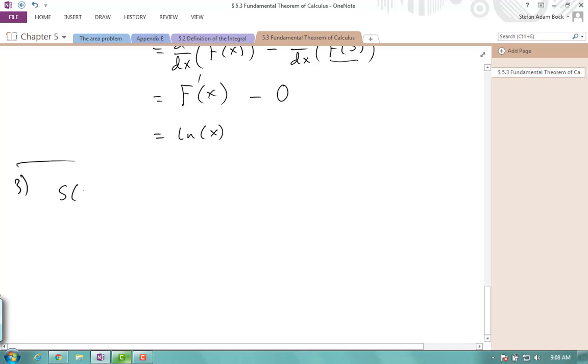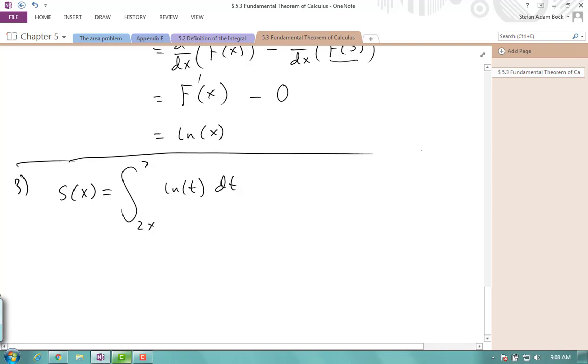For example, if S of x was equal to the integral from 2x to 7 of the natural log of t dt, the statement of the fundamental theorem of calculus is from a constant lower bound to x in the upper bound. But I have a constant upper bound, and I actually have 2x instead of just x in the lower bound. The fundamental theorem of calculus doesn't tell me what I'm supposed to do when I have more than just x in here,